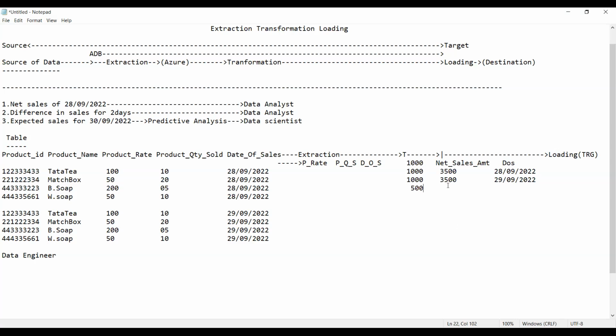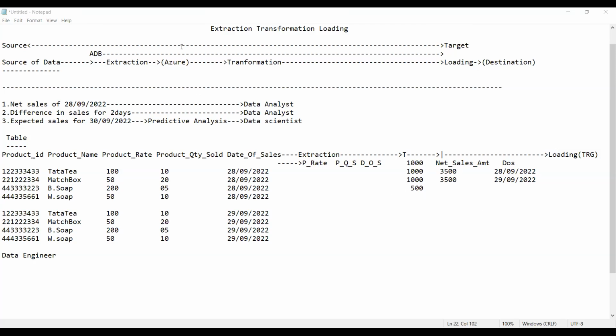Now, guys, is it clear to all of you? What is an extraction? What is a transformation? And what is a loading? Is everyone ready, guys? Yes, everyone, sir. Clear with this? Yes. So this is how we perform the process of extraction, transformation.